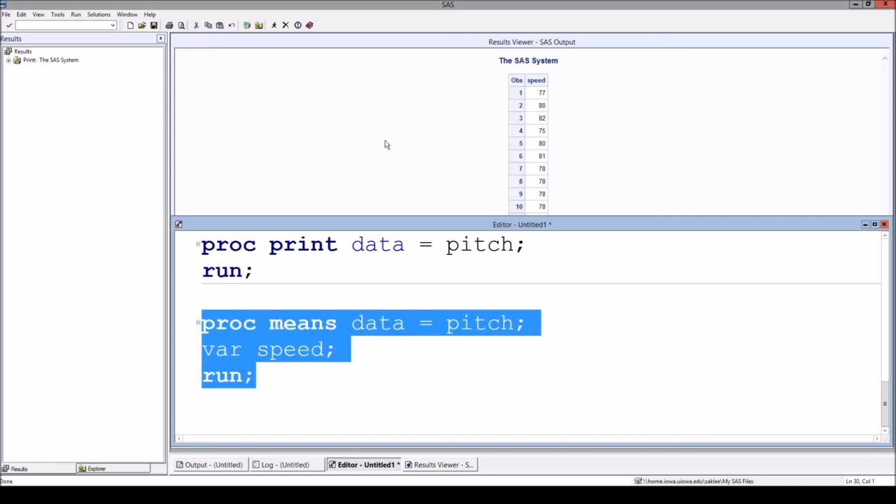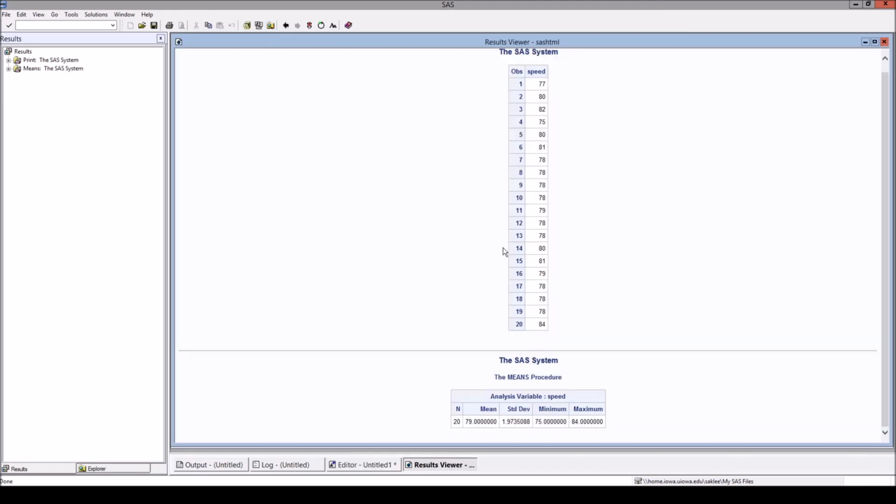If I run this code, I get the sample mean. The number of observations is 20, the sample mean is 79, and the sample standard deviation is 1.9735088. The minimum and maximum are 75 and 84.